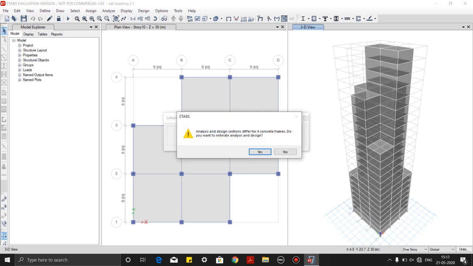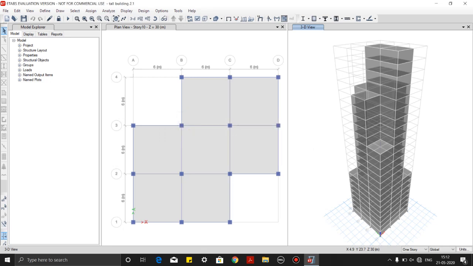So analyze the ratio for concrete beam. So we have to reiterate and give the permission to the software. So the software will again change the design for those particular members which have failed, as we have used the auto select mode for the columns and the beams.